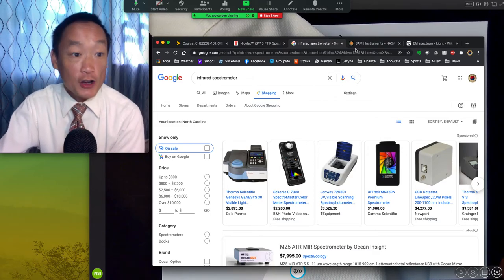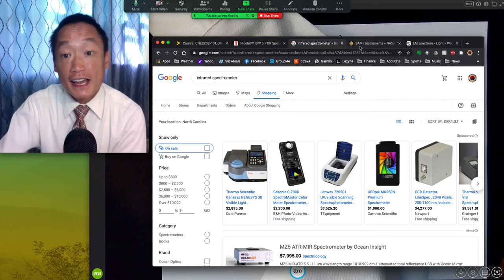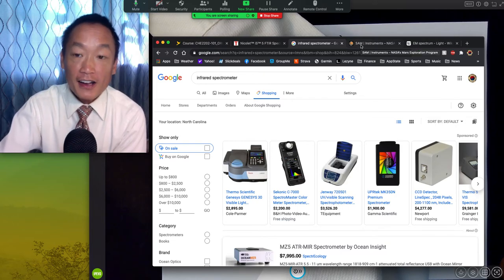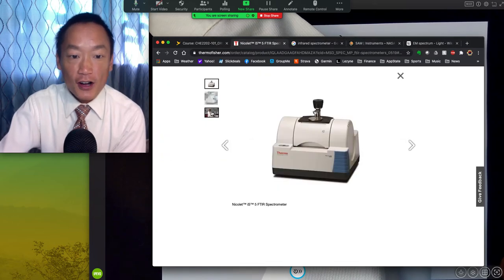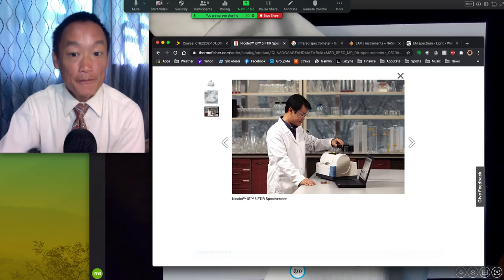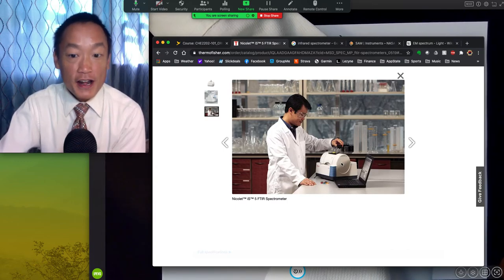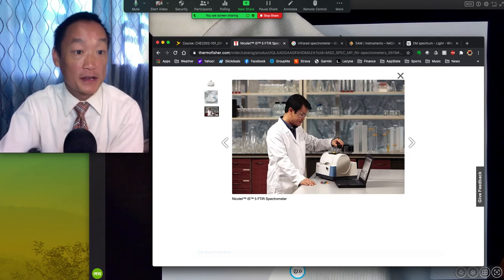And before I go into the details of what a spectrometer is and how the IR kind is used, I want to draw your attention to this. Here's a picture of this guy with this spectrometer. If this guy wanted to keep his job, he would never pick up this instrument, turn around 180 degrees and drop it on the ground. That is not something that would fare very well for this instrument.